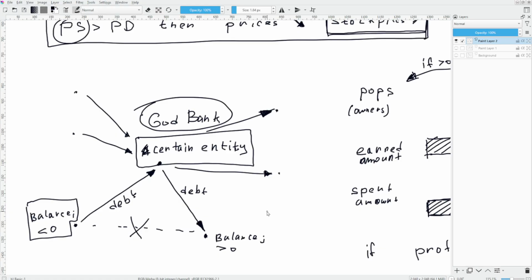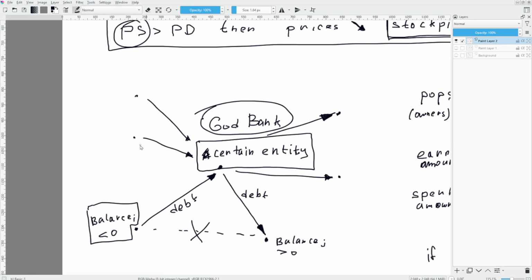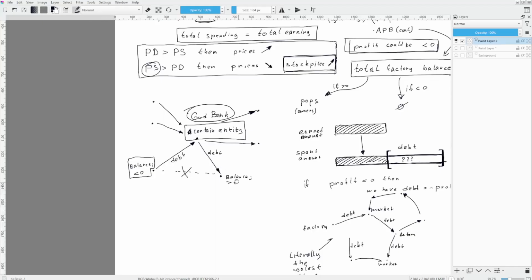All money is debt, and if you resolve all debt, you get into a position where there is no money. It's possible to make a game like this, but it is usually confusing for people. People usually don't deal well with negative numbers. Sometimes they don't even understand what negative numbers are. And for this reason, we try to